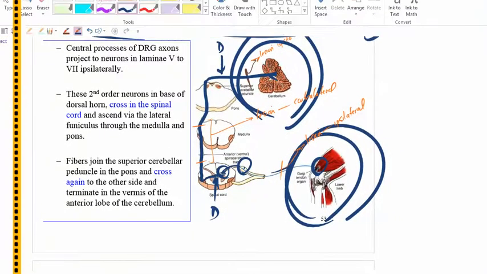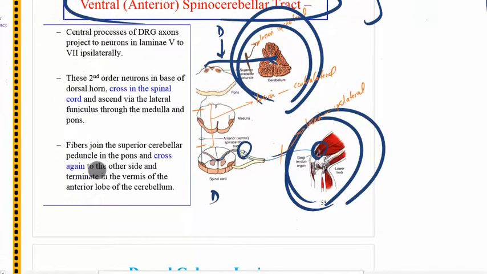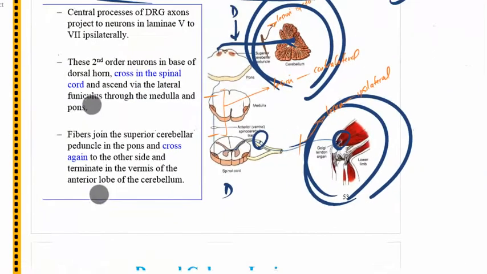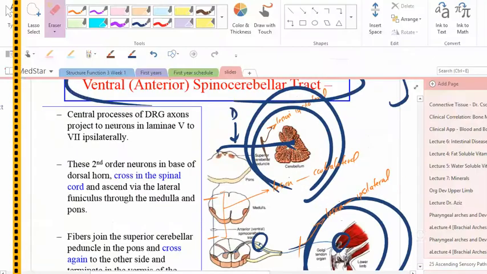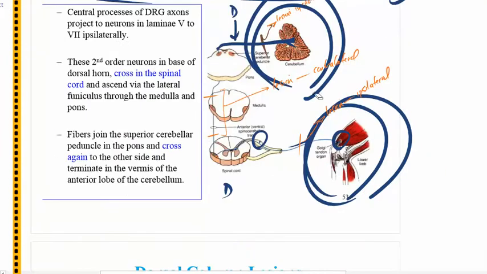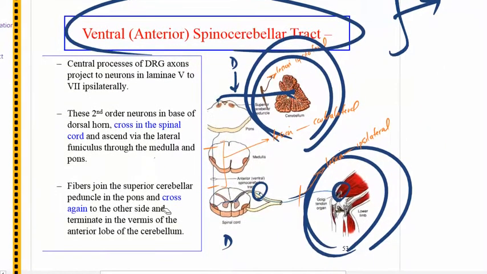Okay, so it synapses at the dorsal horn right here. And then it moves across, and then it goes up, like so. They just didn't give it the nucleus. All right, so those are the tracks for Dr. Gondry. Does it decussate after the superior cerebellar peduncle? After it leaves